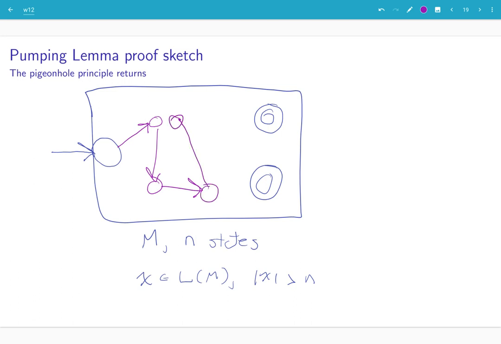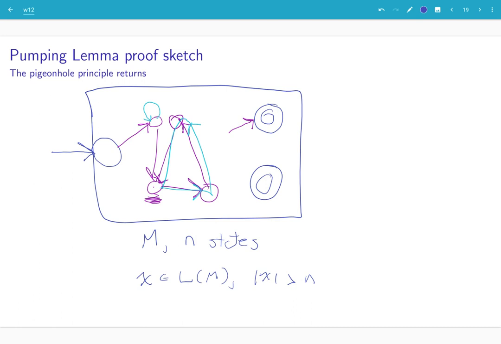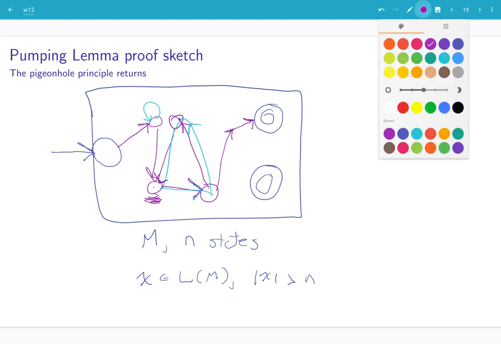But we do know that at some point along its path, it's going to be returning to some state. And from that, we know that there's a cycle. So here, our cycle is like this. The cycle could also just be literally from one state to itself. But the fact that there was some cycle along the way tells us that whatever the string looks like,